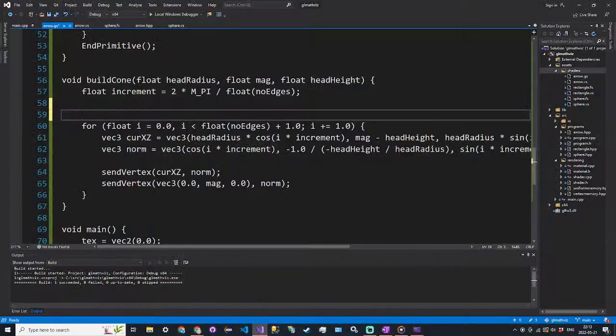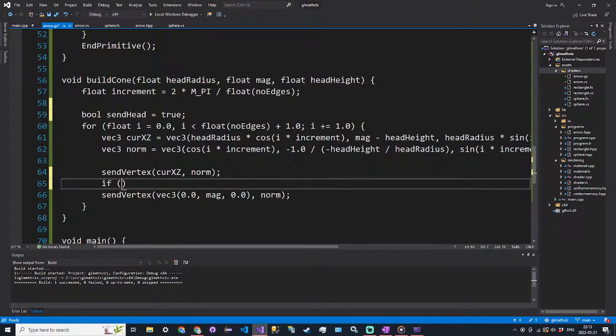So we're going to have a boolean, bool sendHead is equal to true, and we'll just say if sendHead,